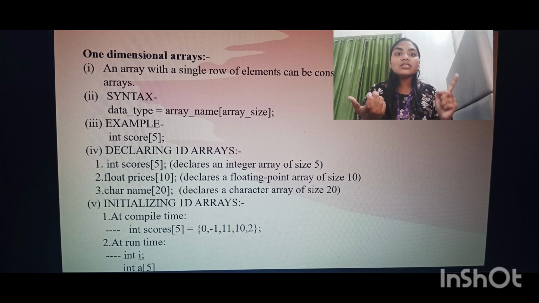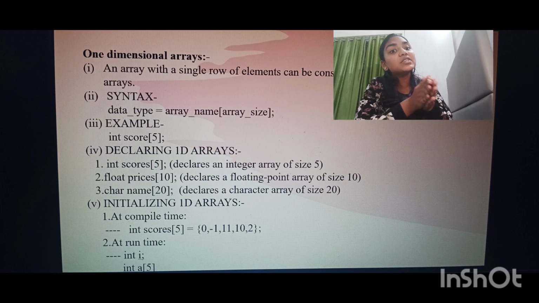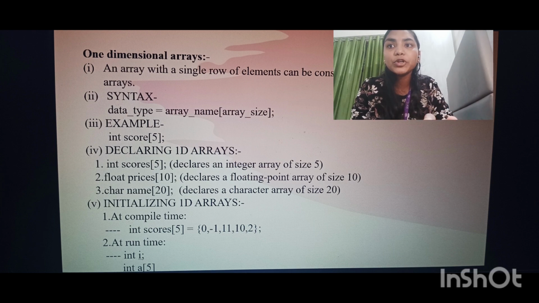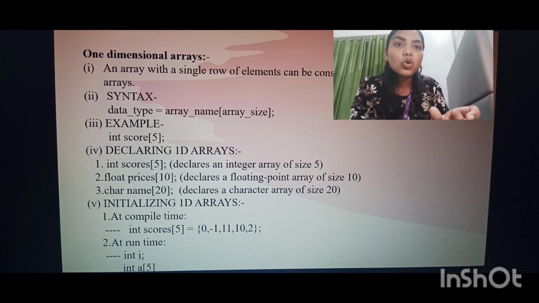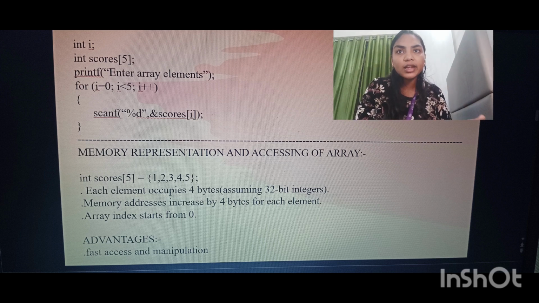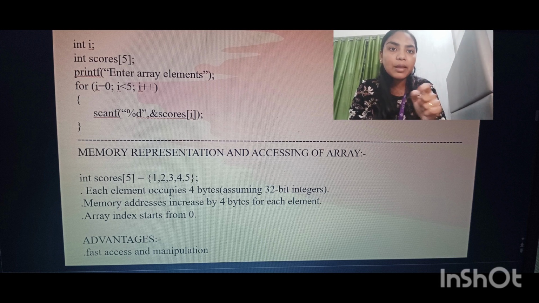In the introduction of arrays I gave some points, so it is also mentioned in that the size of an array will be fixed. And at runtime you can see here the same example we took. In scores 5 we need to declare int, so we are writing int i in the first one. Printf means it gives output like enter array elements, we need to enter the array elements. And then for i equals to 0, i is less than 5, i plus plus, because the number of elements are 5, we need to scanf here